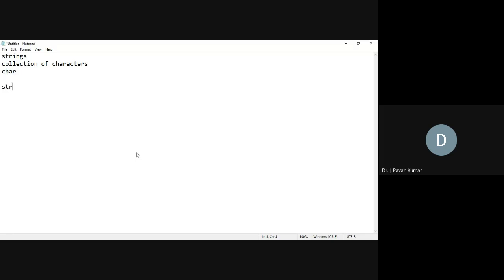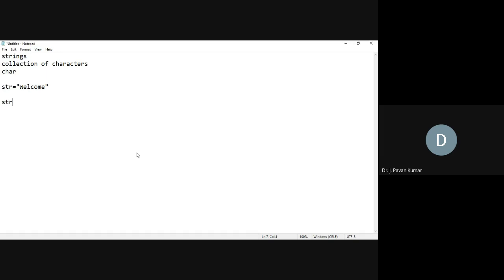Now, for example, let us say the name of the string is str, and I am initializing this string with the value welcome. It will be stored as different cells. How many cells will be created? As the length of the string is 7, 7 cells will be created. Each cell we differentiate from the others by using an index. The index starts from 0.